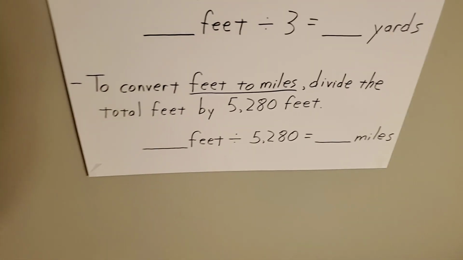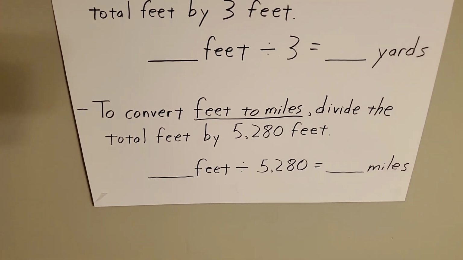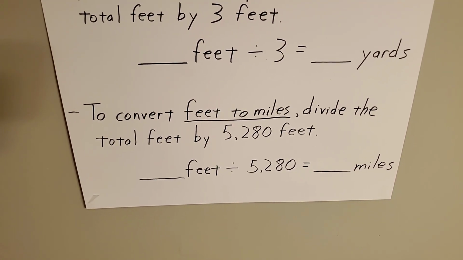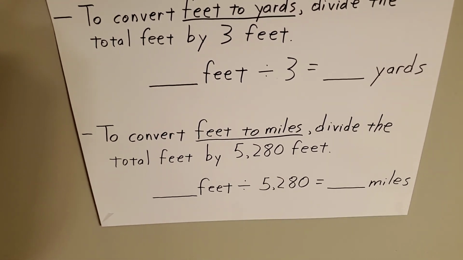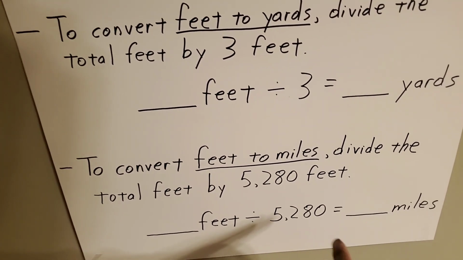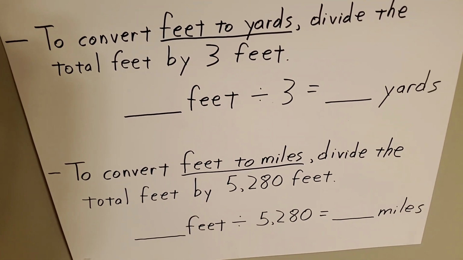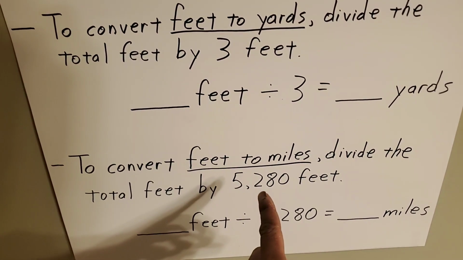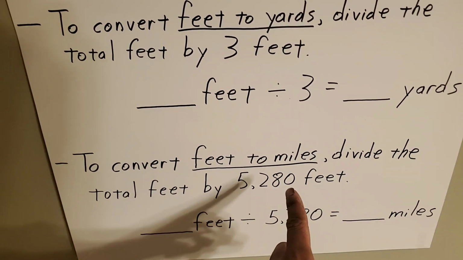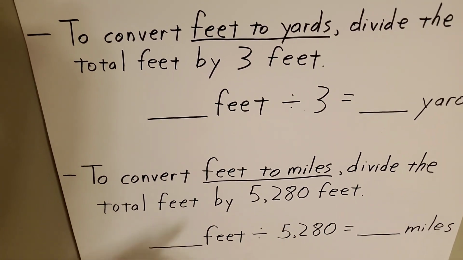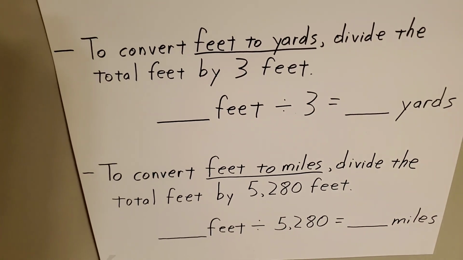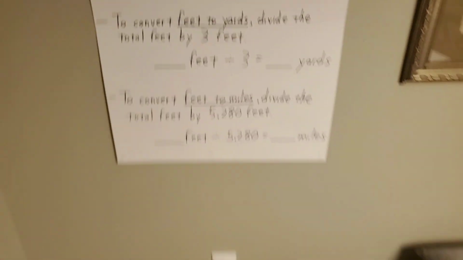So to convert feet to miles, divide the total feet by 5,280 feet. Once again, why 5,280 feet? Guess what? How many feet are in a mile? You said 5,280 feet makes up an entire mile. You are correct. That's why we're dividing the feet by 5,280 feet. Okay. So